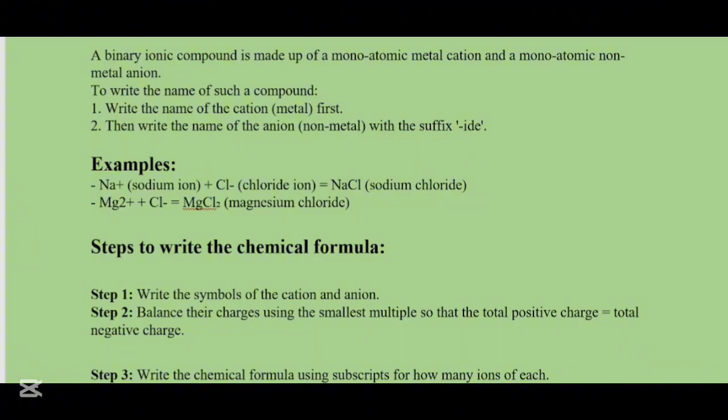Now this plus and minus represents cations and anions. Another example is magnesium 2+ added with chlorine minus. This means that magnesium can give 2 electrons while chlorine can receive only 1. So MgCl2 will be the final formula of magnesium chloride. And as you can see, instead of chlorine, it will be chloride, and the 2 electrons which magnesium had will be handed over to chlorine, which means that instead of Mg2Cl, it will be MgCl2.